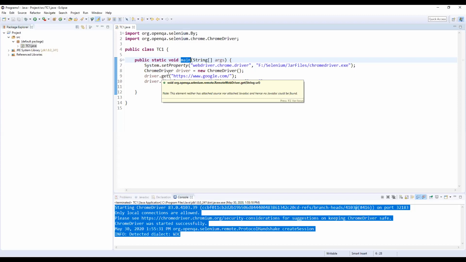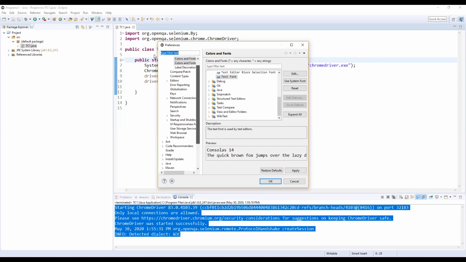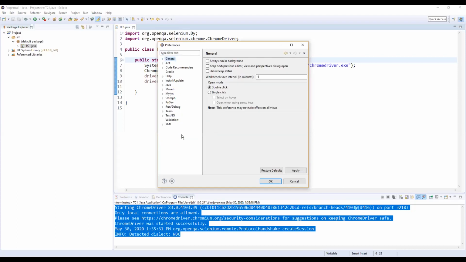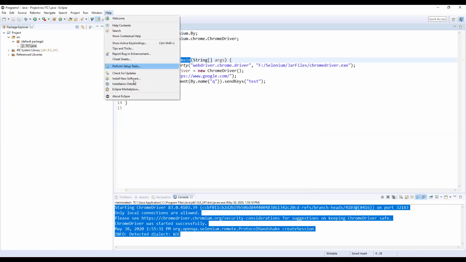How do you know whether TestNG is installed in your system or not? You can go to Windows and click on Preferences. If you find TestNG there, that means TestNG is installed. If TestNG is not installed, you can go to Help, Install New Software, or you can go to Eclipse Marketplace.